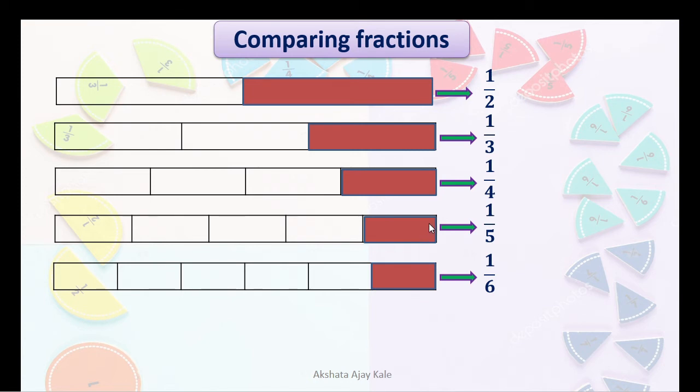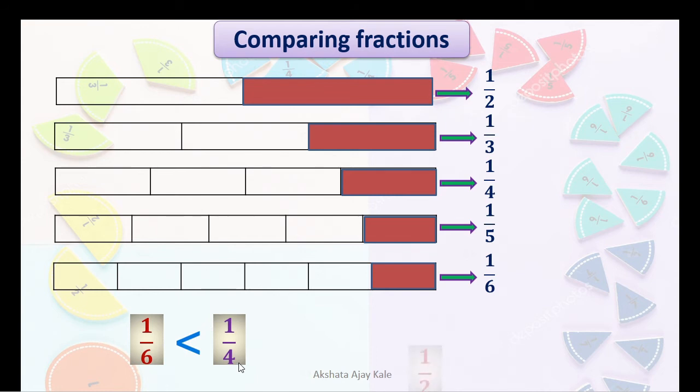Okay, now tell me here, 1 upon 6 and 1 upon 4. Come on, tell me which is larger one and which is smaller one. See here 1 upon 6, this portion, and 1 upon 4, this portion. Out of 6 parts, we have colored a single part, and in 1 upon 4, out of 4 parts, we have colored one part. Very good. This portion shows us the greater area, more area, isn't it? So 1 upon 6 is smaller than 1 upon 4.